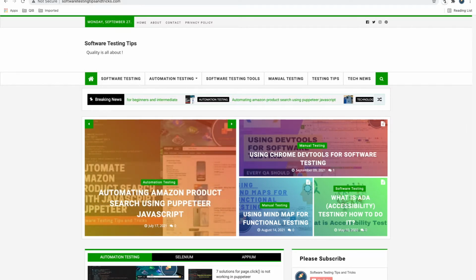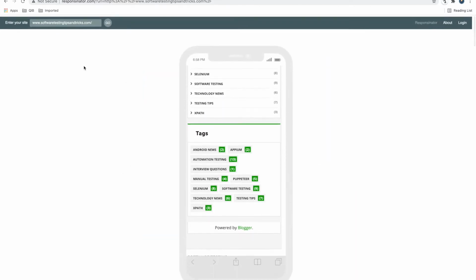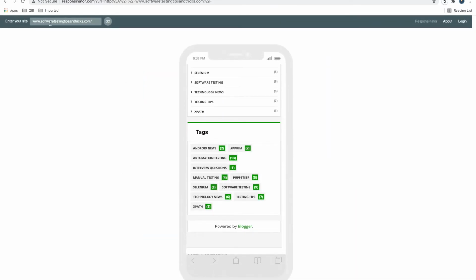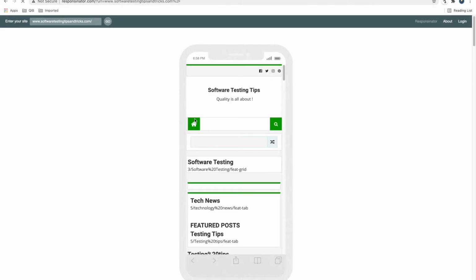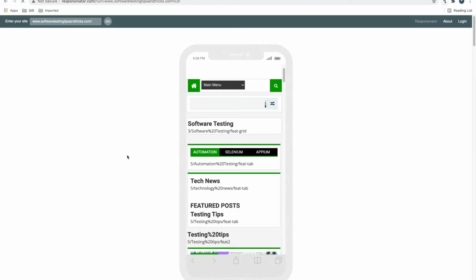One is Responsinator, or however it's pronounced, I can't pronounce it, but you just need to enter your URL here and press go. It has some predefined screens here.